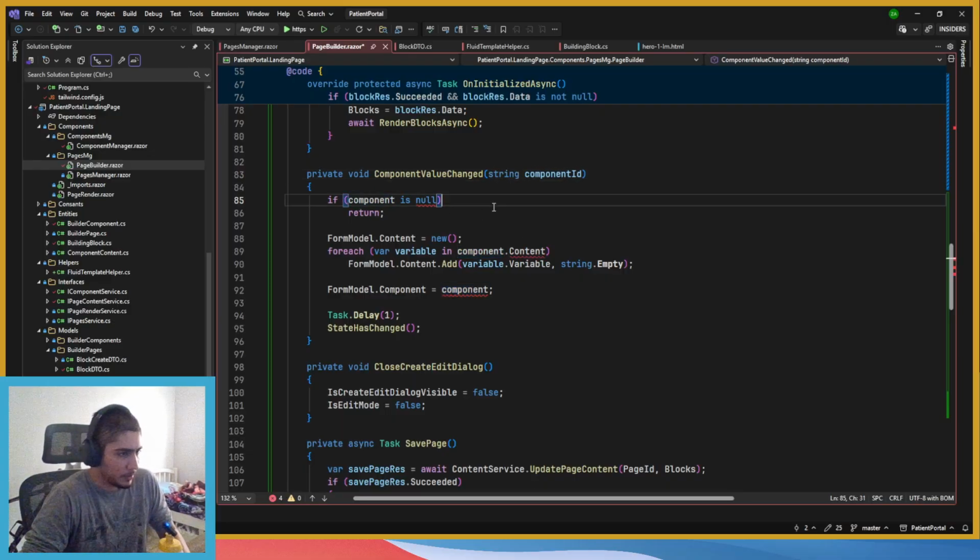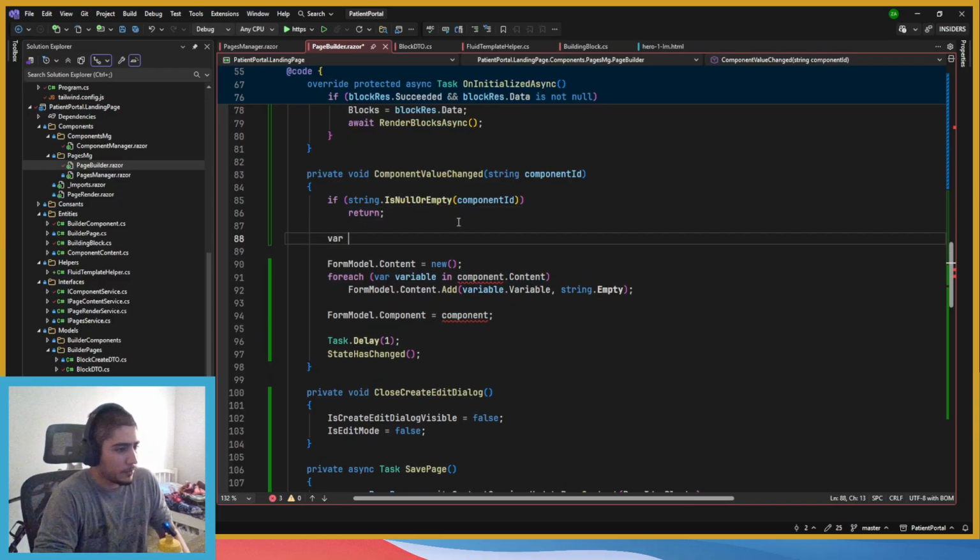Okay, secondary string. Components first or default, where it has the ID equals component ID.